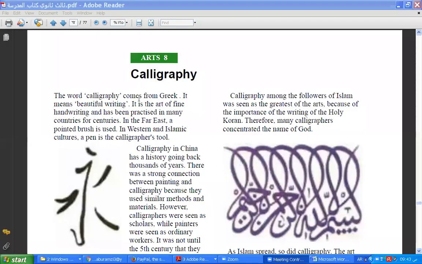So it's a Greek word, and it means beautiful writing, because calligraphy is a kind of handwriting. So it's different from typing using a laptop or computer or something like that. Practice. So here,